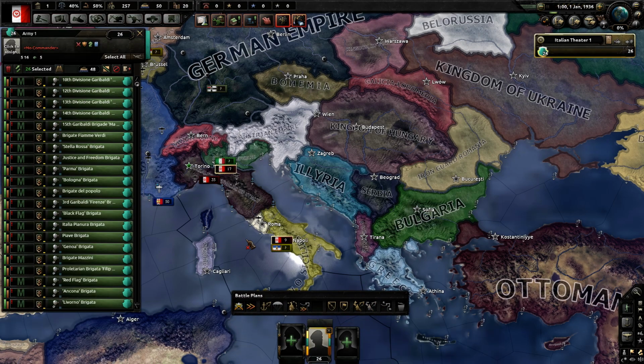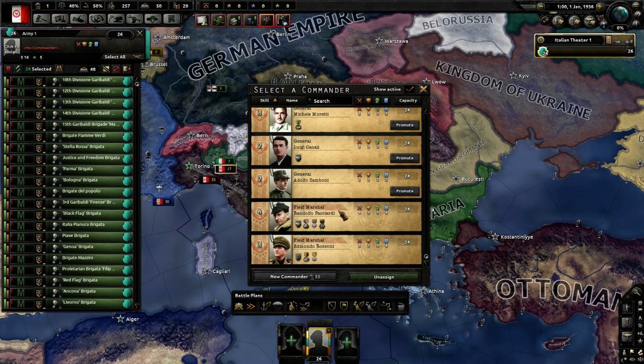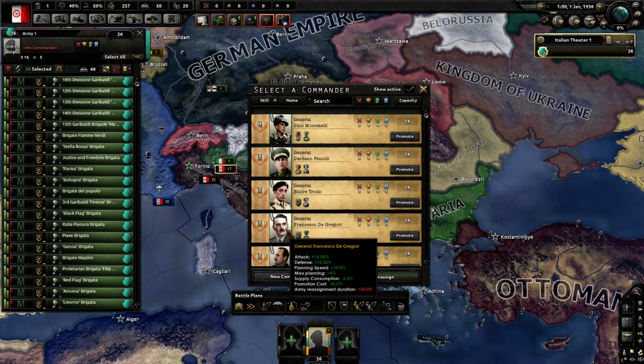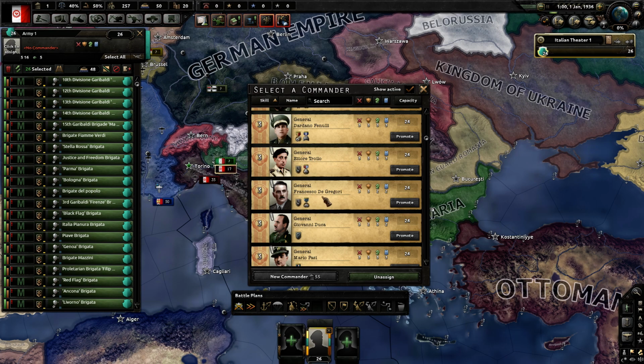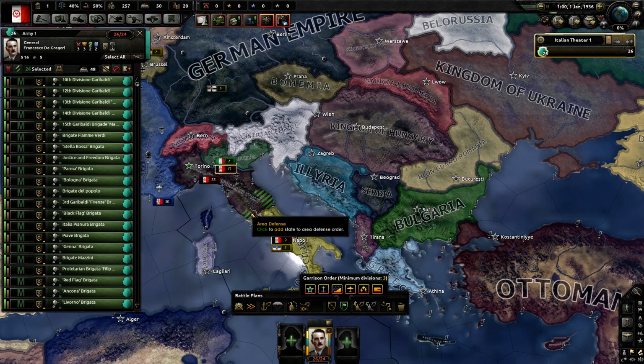How many units do we have? We've got 26 units. They're all mechanized guard. Oh, look at this fella. Who here has the best mustache? I mean, that's always how I pick my generals, especially in Kaiserreich. Well, you two are basically the only ones who have mustaches, so we're gonna use Francesco de Gregori. He's a war hero and a mountaineer. And now let's start